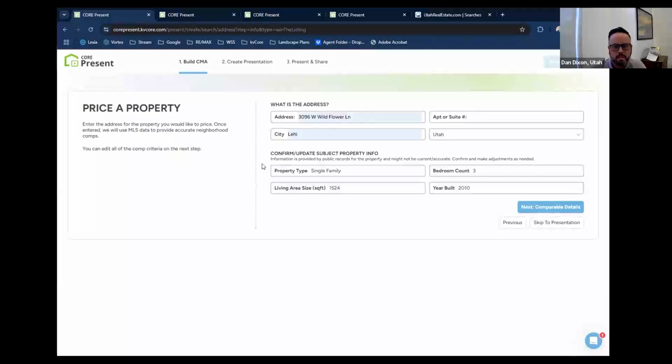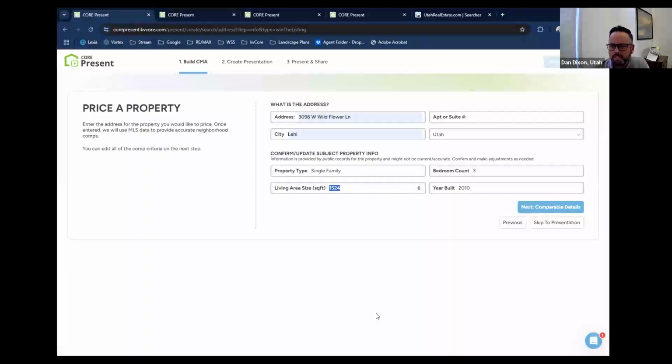And then the very first thing that you have to do, and this might be the most important thing you do for the CMA portion, is you got to correct the square footage, and it has to be done here. I don't think you can do it after the fact. No, you have to do it here or you have to restart. So make sure you're paying attention. And if for some reason you go through, I've seen this where if you have an address in and the square footage is wrong, you just go to previous and it will jump to this screen, and then you have to put the address in again and then fill out the right square feet. So just make sure you're doing it on the screen.